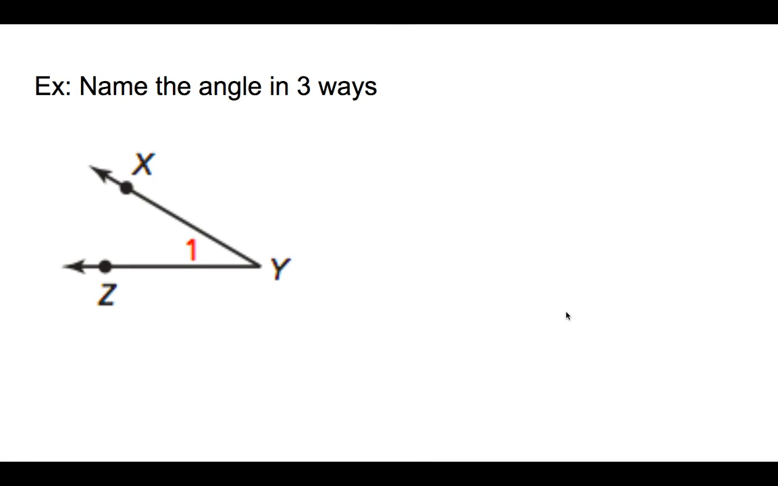And then this will be the last one. Name this angle in 3 different ways. Now notice for this one, there could have been 4 ways that you could have named the angle, but you only have to give me 3. So X, Y, Z, ZYX. I could have said angle Y, and in this case, I have a 1 as my label marker for this angle, so I could also just say